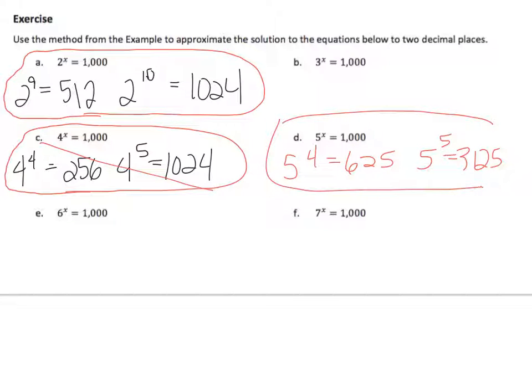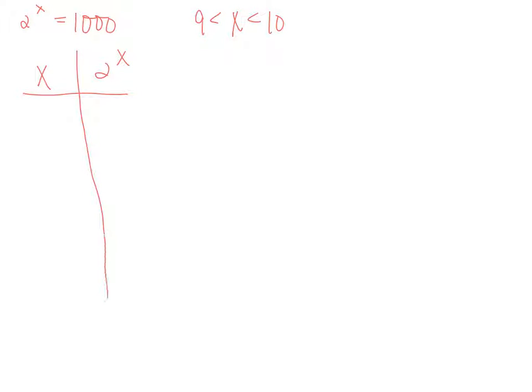Okay, and I'm going to get a separate sheet of paper. So we're doing 2 to the x equals 1,000. And we said that x is in between 9 and 10. So we're going to make a table, x and 2 to the x. So we'll start out with 9. And like I said before, I usually start in the middle. I know it's silly. But I start with 9.5, 2 to the 9.5,